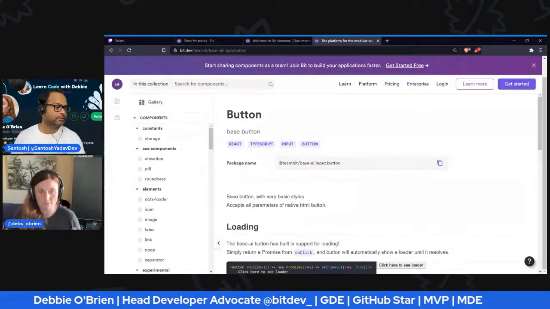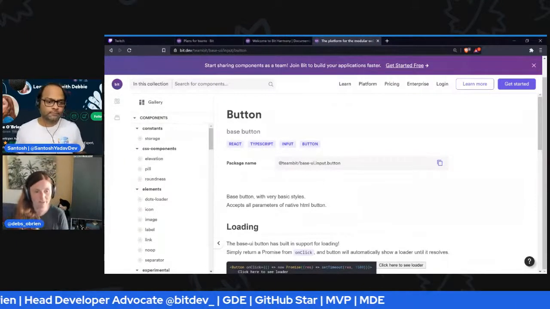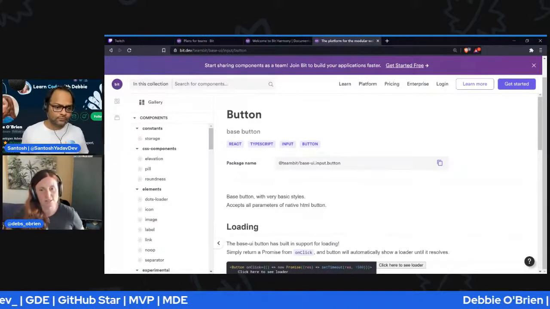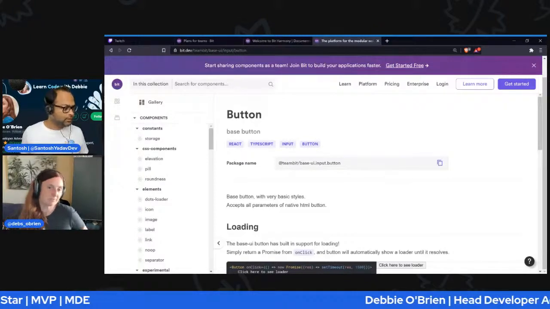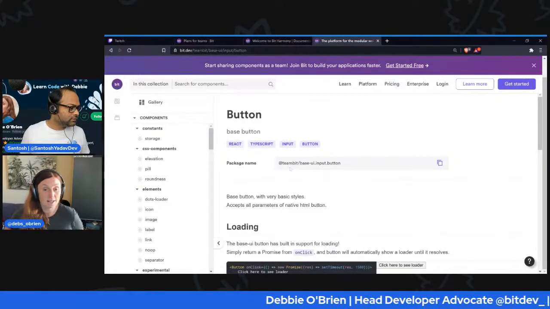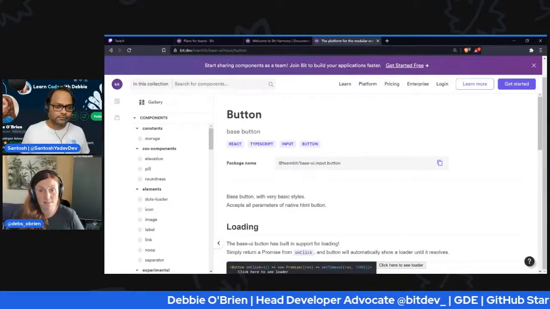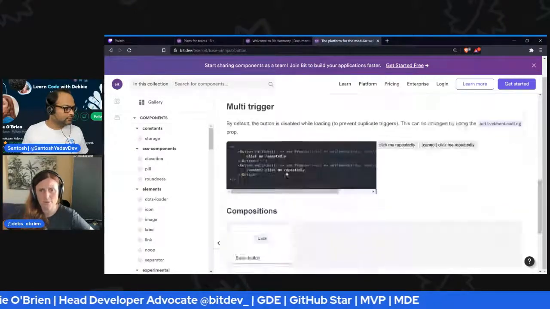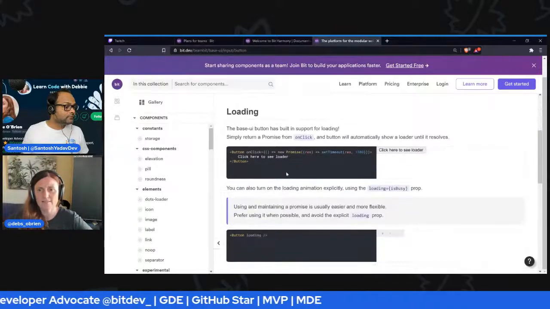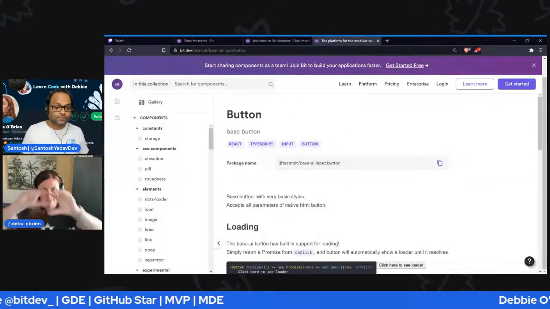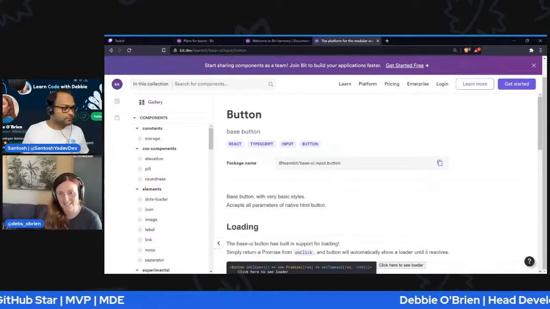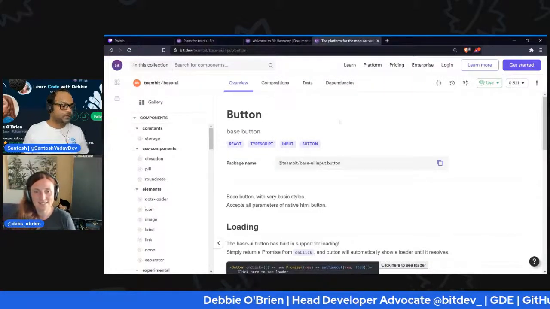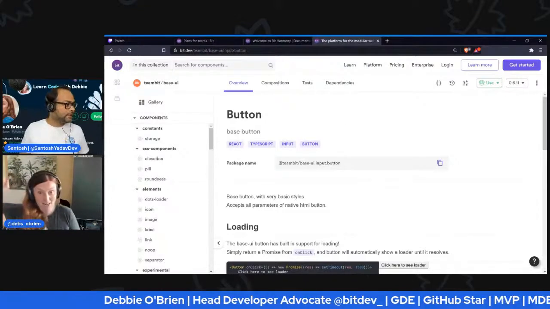Now, if you want to create your own components, then you need to install Bit, because you want to be creating it to get the workspace to be able to use it. And then the workspace would have these tabs and stuff. Yeah, just scroll up a bit more, and you could probably get rid of the banner at the top, start sharing components. That's where you can click on if you want to see it. Okay. Yeah. So now the banner was hiding, right?